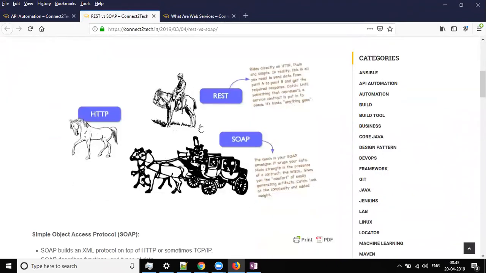So what is REST? REST writes directly on HTTP. What is HTTP? HTTP is a host. On top of HTTP, which is the protocol, REST writes directly on HTTP. It is plain and simple. In reality, it is all you need to send data from point A to point B and get the required